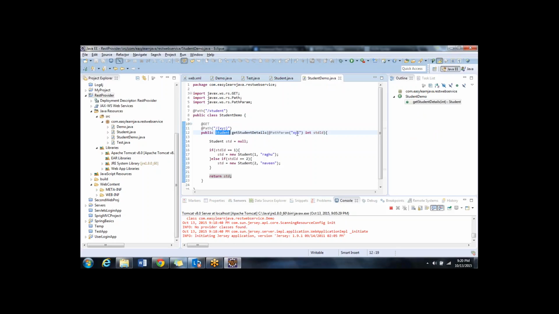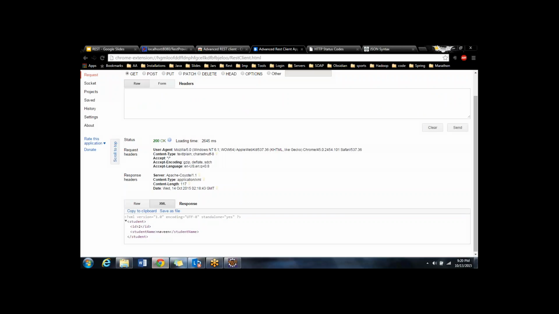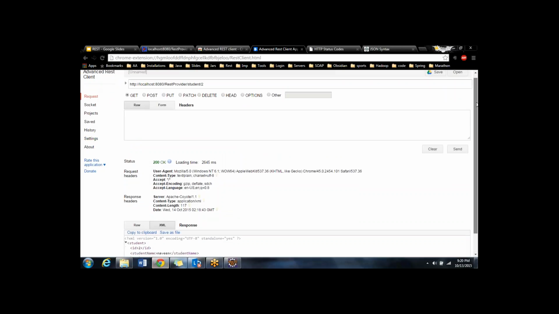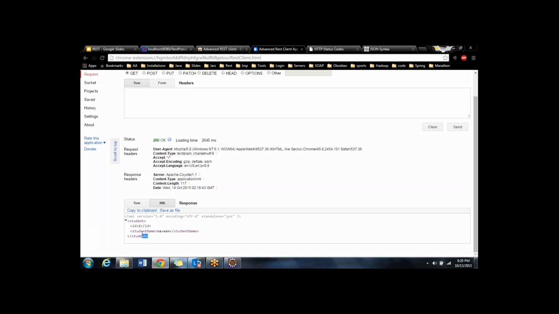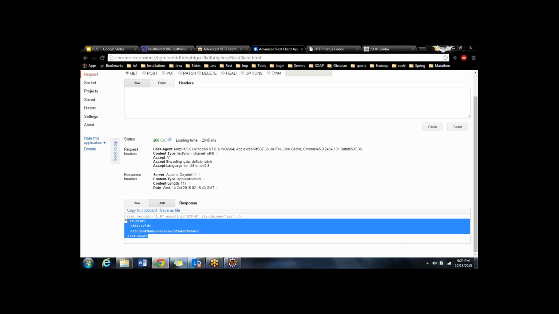Now the next concept that I am going to explain here is, for now you understood that whatever data you are getting back is in the form of XML. Now let us assume that I want to get back a different type of data, in a format called JSON. That is what I want to get. So what I can do is,